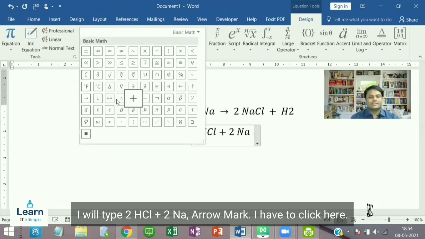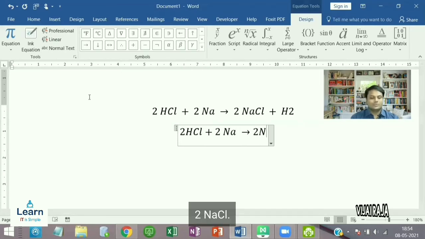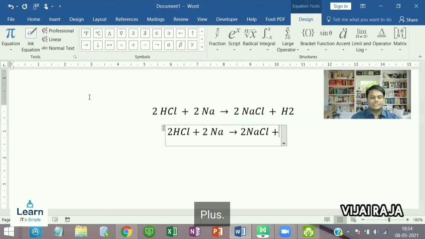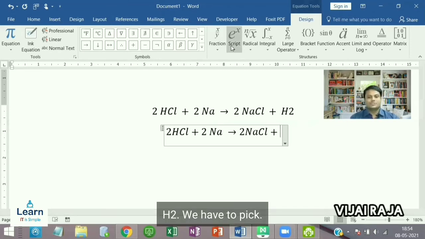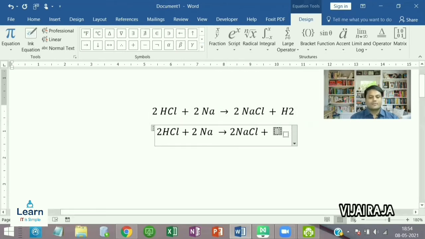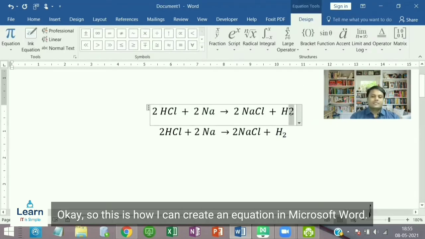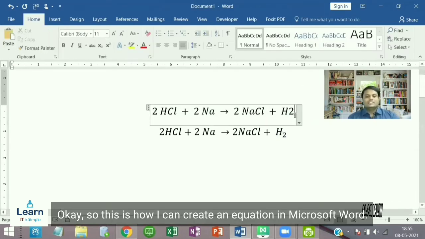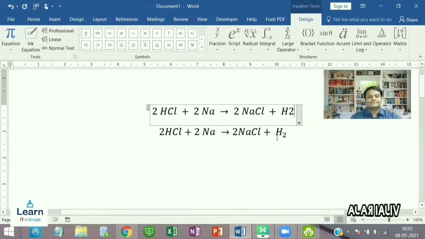I have to click here and find the arrow mark. 2NaCl plus H2. I have to click here for the subscript. So this is how I can create an equation in Microsoft Word.